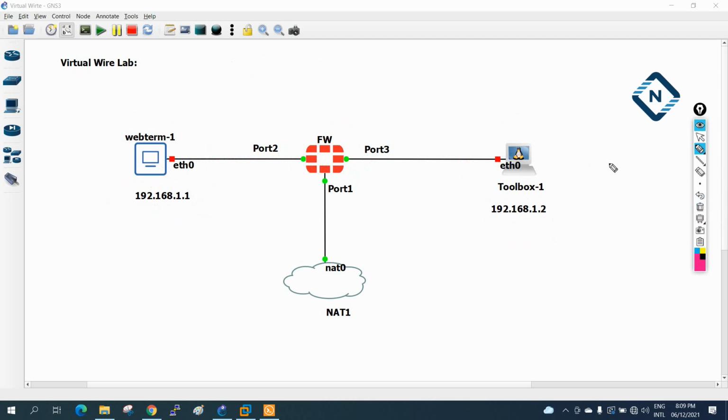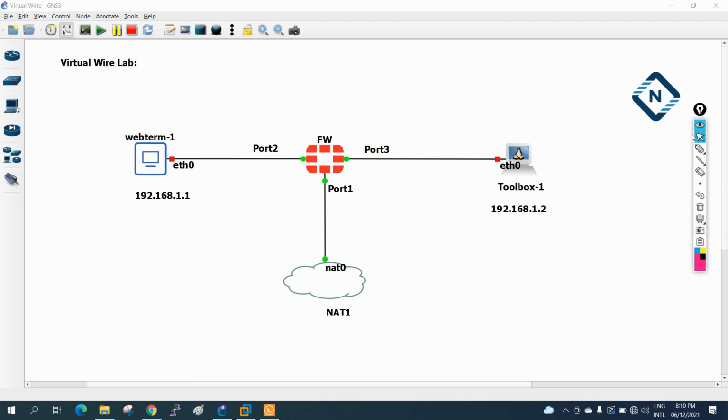Okay, so this is a virtual wire we use to connect the same subnet. In some organizations, before they don't have a firewall, later they want to introduce the firewall, so they say don't change my subnet, you put the firewall. In that scenario we will use the virtual wire firewall. We will deploy the firewall as a virtual wire, that is a transparent mode, like a bridge between these two servers or clients.